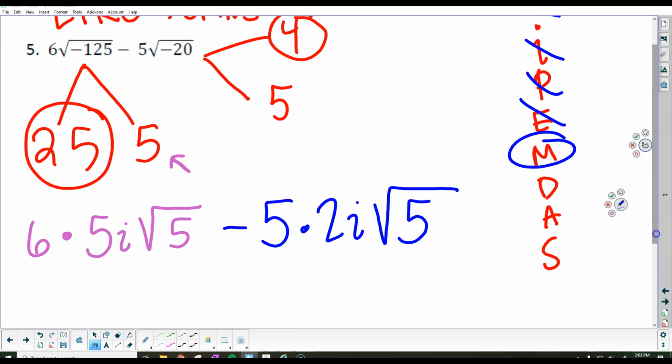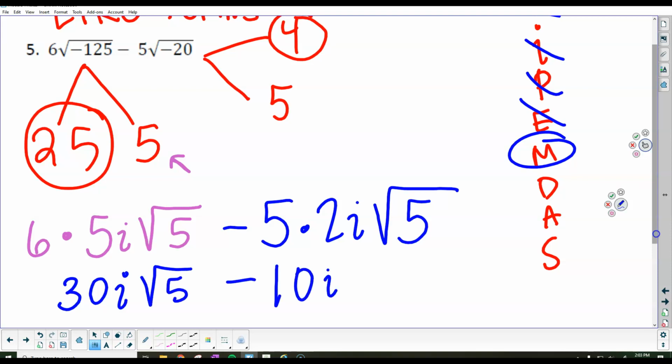All right, so we do have multiplication. So, guys, you're going to multiply these. Can I multiply a real number times an imaginary number? Yes. It's not always the case for all of the operations. So this is 30i root 5